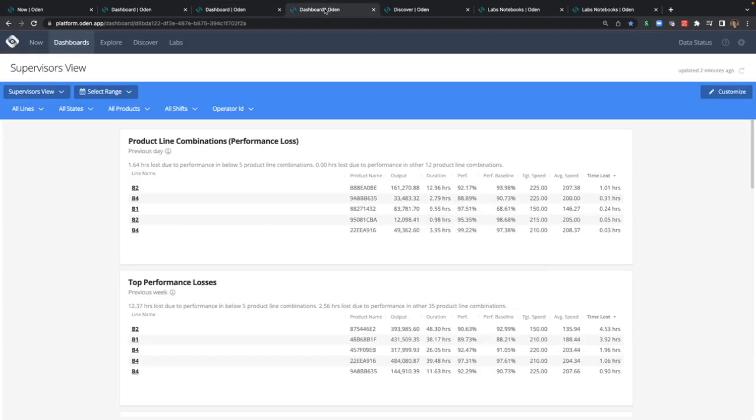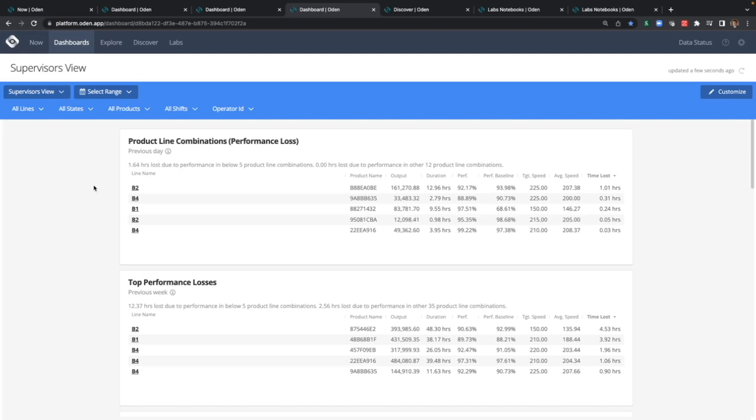I'll take that even a step further in the supervisor's view, where we're really trying to hone in and help do some of the advanced analytics or data analysis in advance, and therefore present a dashboard that already starts to highlight some insights. Many manufacturers have too many problems to deal with. So a very unique aspect of Oden is being able to highlight or spotlight the biggest areas of opportunity or